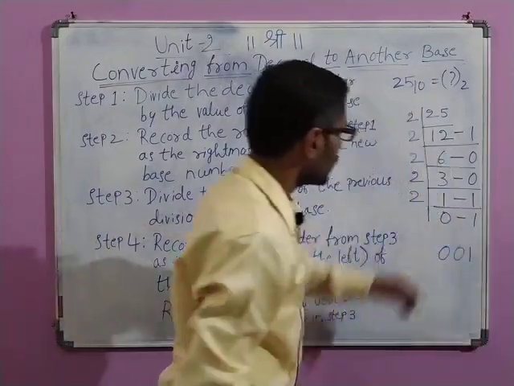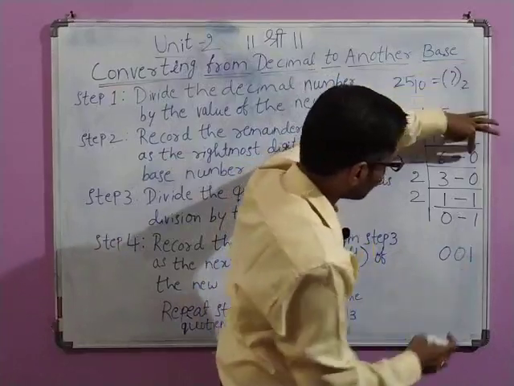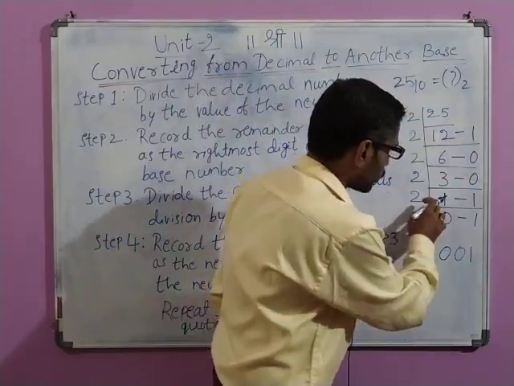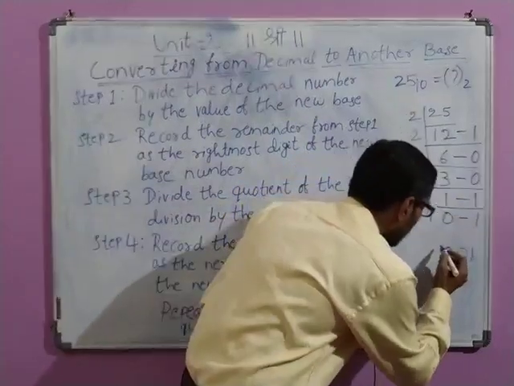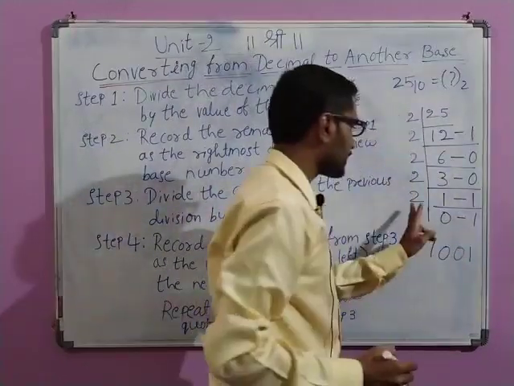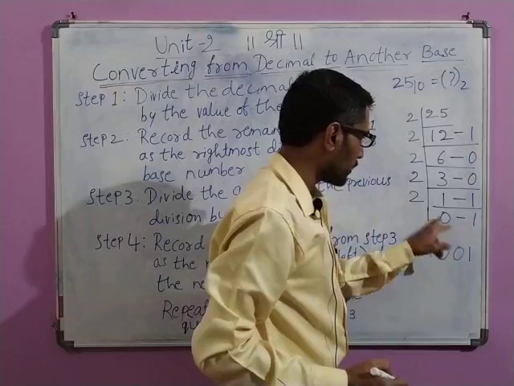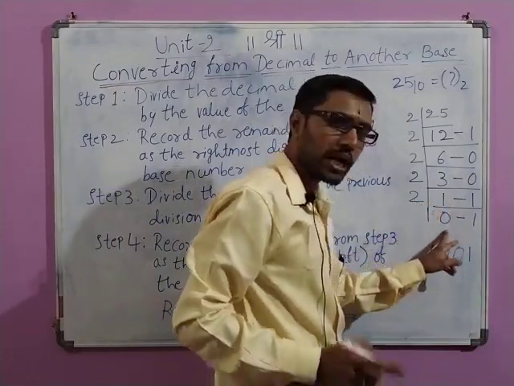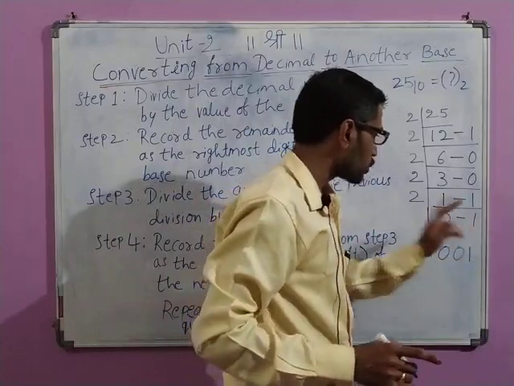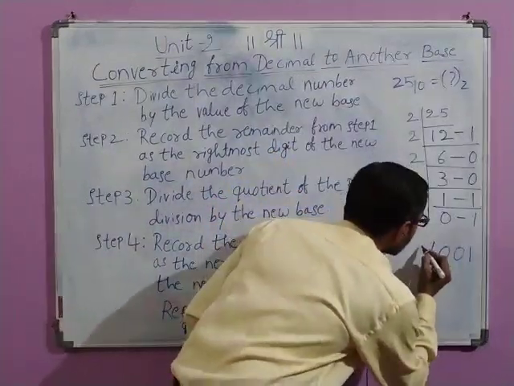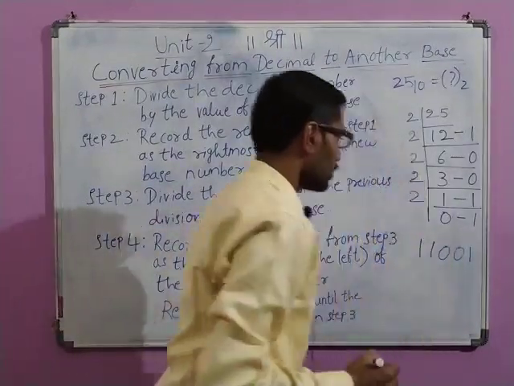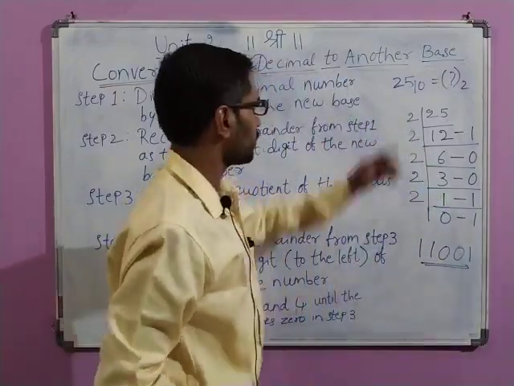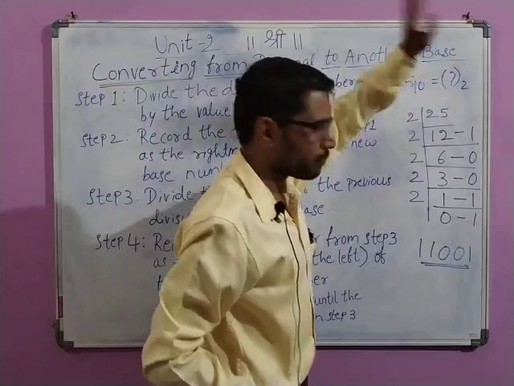Meanwhile, you have written 1 and then you wrote 0 and this 0 we have written. 2 1s are 2, the remainder is 1. So this has to be included here. And at the end, dividing 1 by 2 is not possible, so you will put 0. And what is the remainder? The remainder is 1. So we will put this 1 here. So this will be your final answer, converting from decimal to binary.